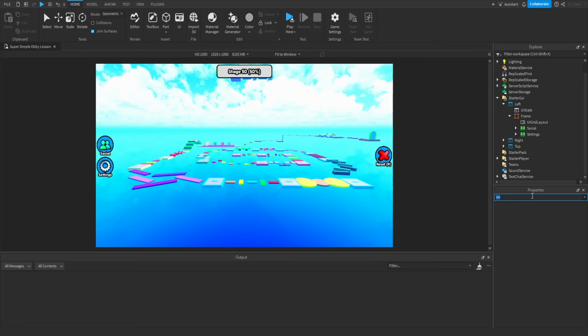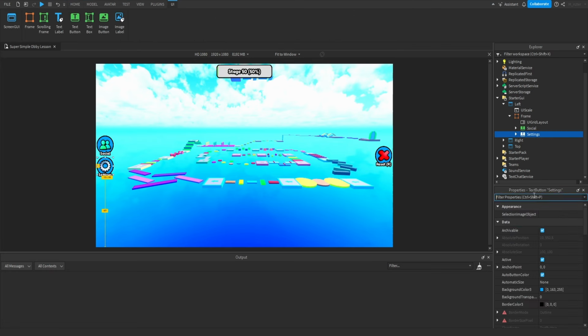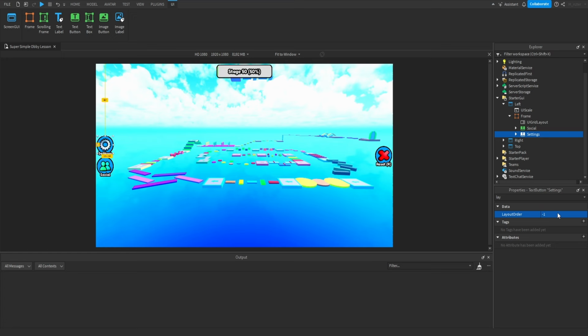We have one last thing that we could do, and that is modify the layout order of this button. For instance, if we want this button to appear before or above the social button that we created previously. By default, the layout order of every instance is set to 0. Now, if we want the settings button to appear before the social button, what we could do is set the layout order of the settings button to -1, because of course -1 is less than 0,